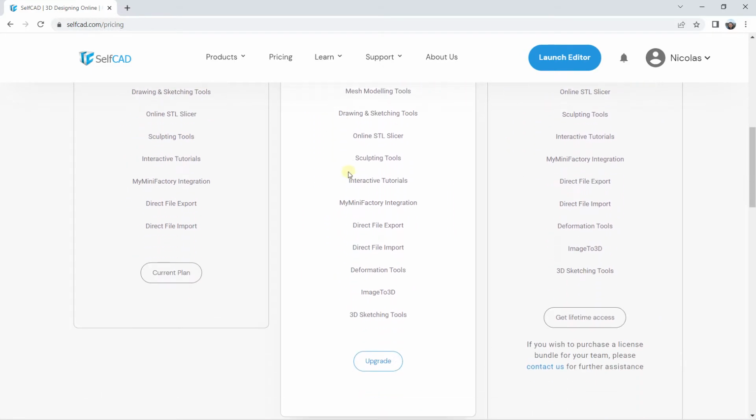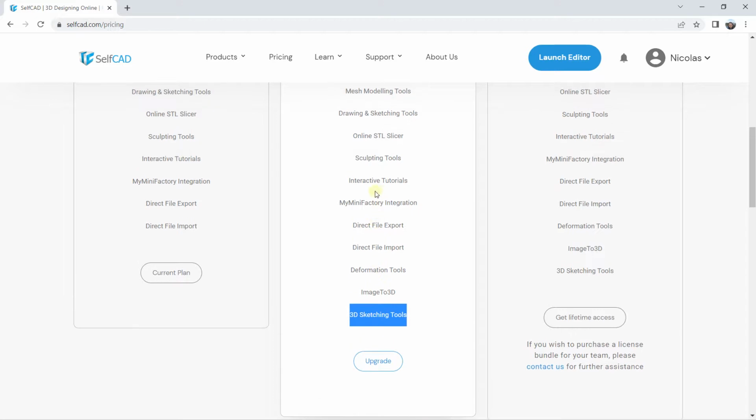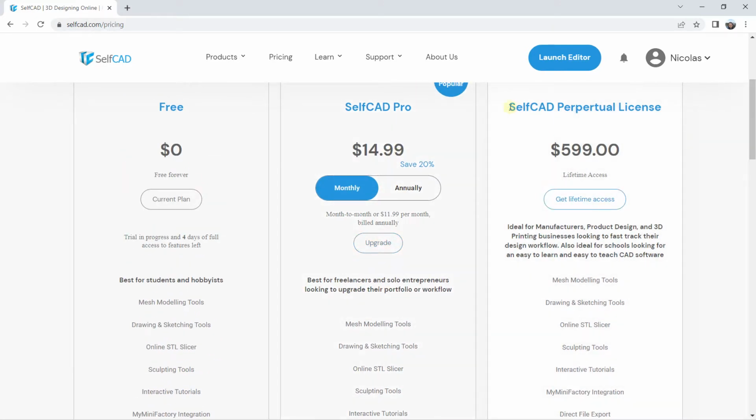If I continue, you will have a little bit more features, like types of exportation. You can also use all the deformation tools, extremely useful when you want to work with vertices, edges and faces. You can also convert an image to 3D. And you have advanced sketching tools to create 3D models from sketching. Extremely great features. Now if I go on the right, you can also have a perpetual license, a lifetime license, it is